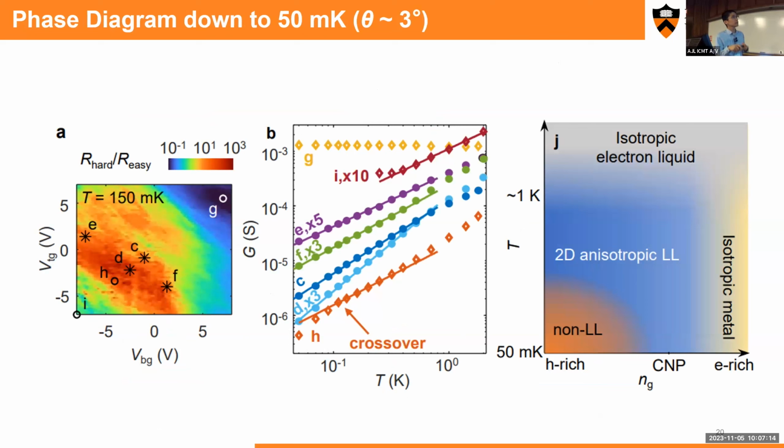We found that at the very, very hole-doped region like here, it actually deviates from the Luttinger liquid behavior, which I say Luttinger liquid behavior is the power law dependence. It deviates from the power law dependence at the very, very low, hole-rich region. And then near the charge neutrality, we can still get the power law down to 50 millikelvin. And this is the fine tuning of such a system, and we can still maintain the Luttinger liquid physics. And if you keep doping it, it's going to be the isotropic area.